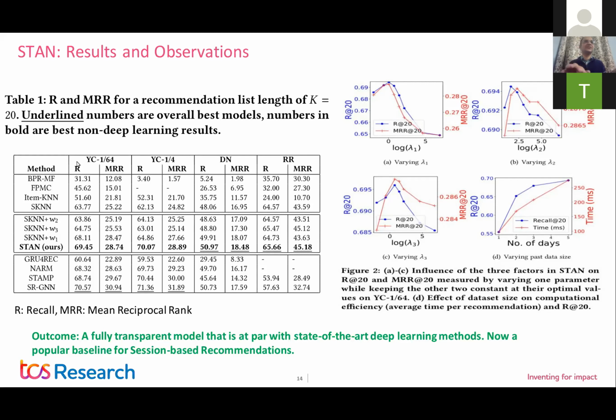So just a bit of details here. These four high level columns that you see, YC 1 by 64, 1 by 4, DNRR, these are different data sets from different domains. And then each row here is a different approach taken from literature and then compared to our approach, which is STAN. And then the metrics that we are using are recall at 20 and the mean reciprocal rank at 20. So the first set of approaches here are more heuristics and neighborhood based approaches. So there, what we are showing is that by introducing this simple sequential and temporal information, you can significantly improve